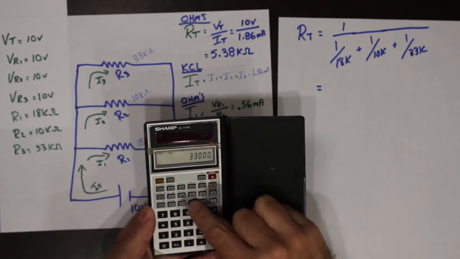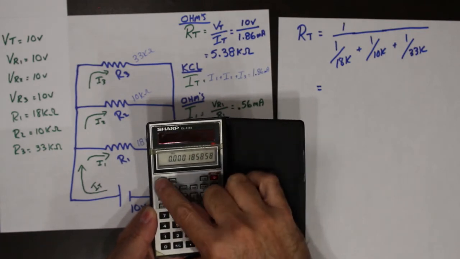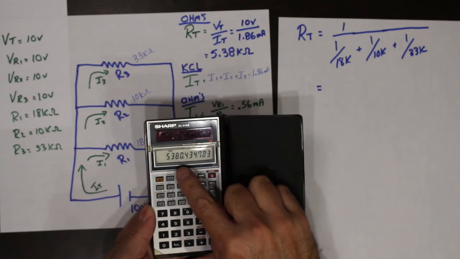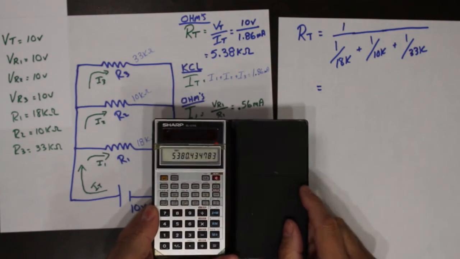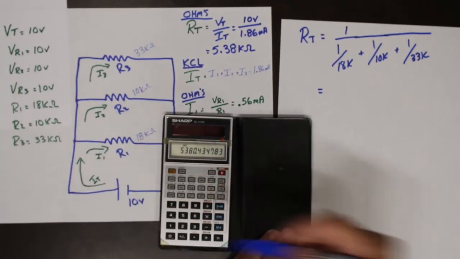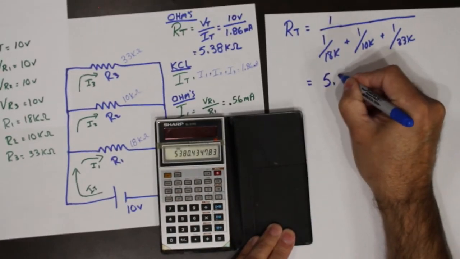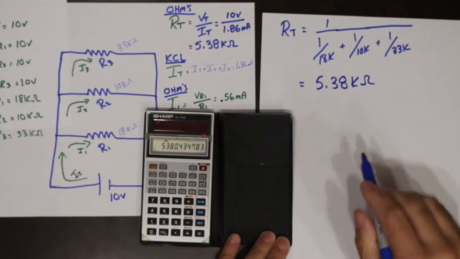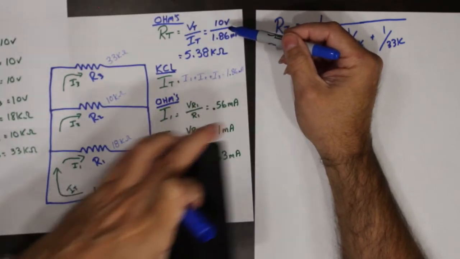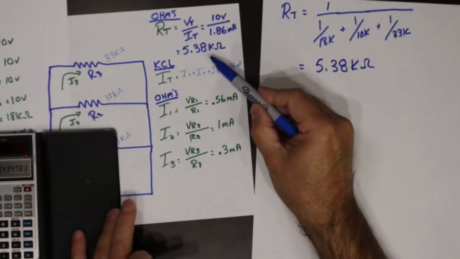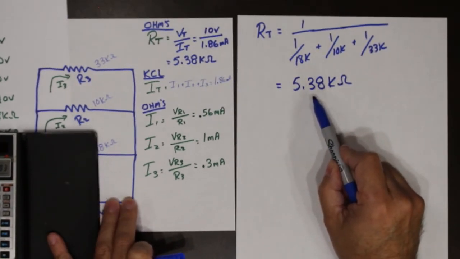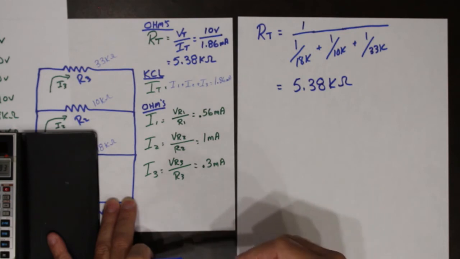Now, on my calculator, this is how it's done. On your calculator, it could be different. So again, you must get used to using your calculator. 5.38 kiloohms. So if I did my calculations this way and I came up with that answer, then I double checked my calculations and came up with this answer,